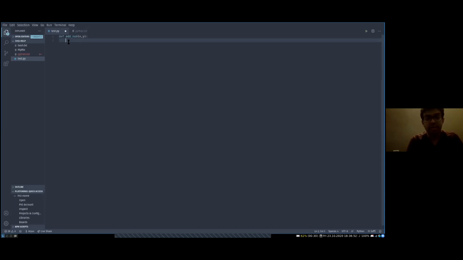Because Python does not have parentheses, we don't block off code with parentheses, we block it off by its indentation level. So if we define a function that takes two numbers and has a return of x plus y, and then we want to run that code, if we were to write code here, it would be part of that function. But if we backspace and then call add underscore num with 3, 5,